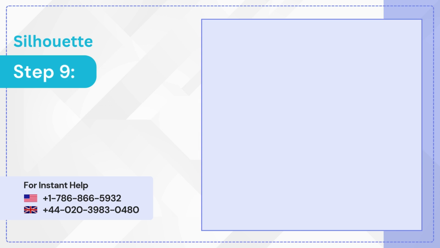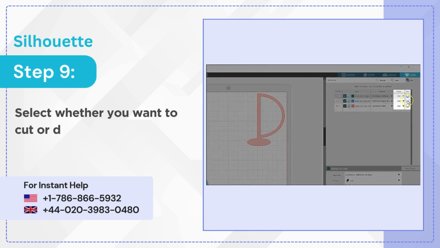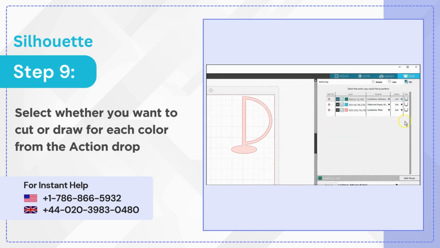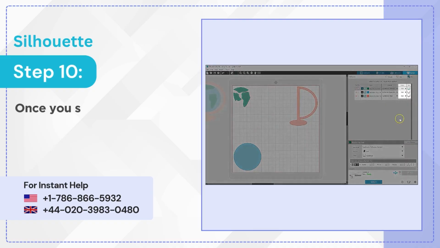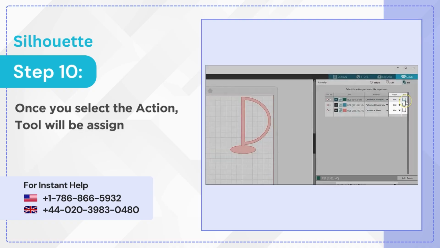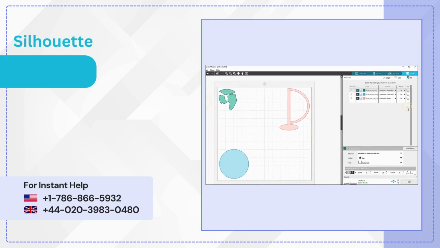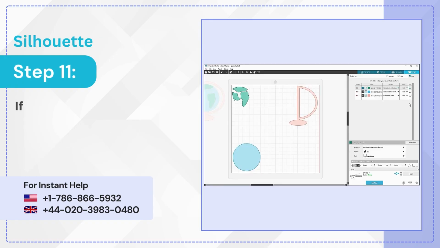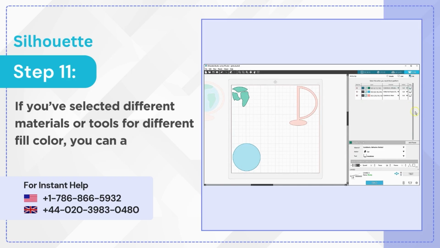Step 9. Select whether you want to cut or draw for each color from the action drop-down. Step 10. Once you select the action, the tool will be assigned automatically. Step 11. If you've selected different materials or tools for different fill colors, you can add a pause to change